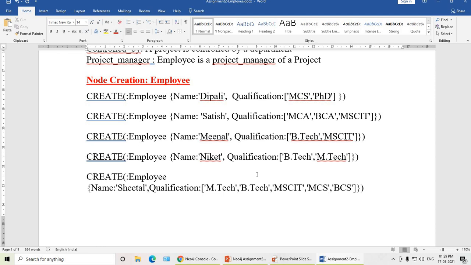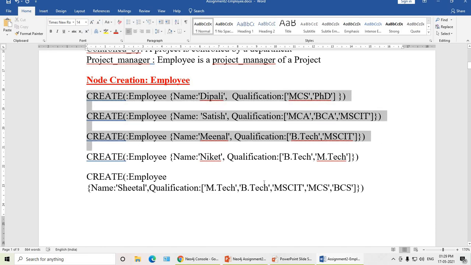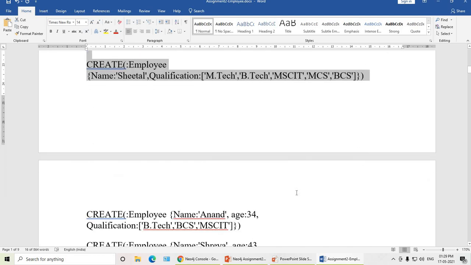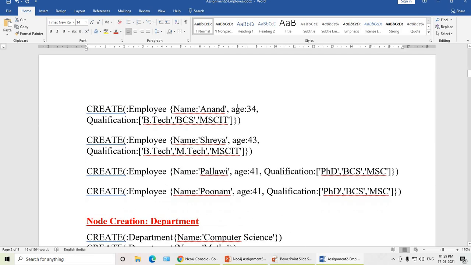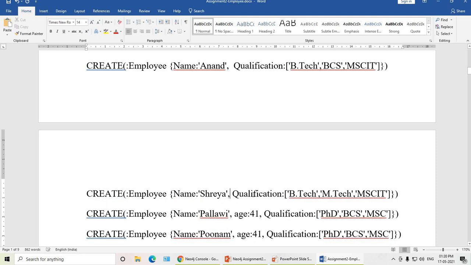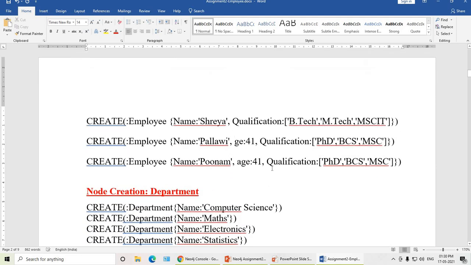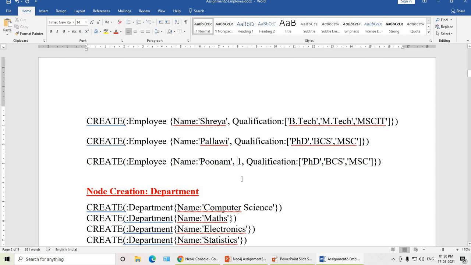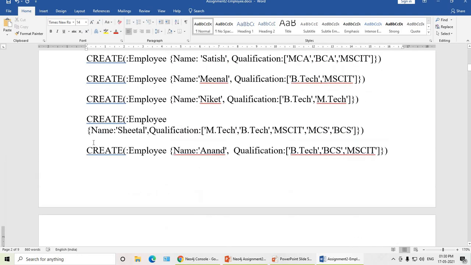So it's better if you don't take age currently. I have taken 9 employee nodes. So this is my request, that while learning simple Cypher query language, don't take age as an attribute. Though if you take age as an attribute, no issue, but it will create the nodes according to the age attribute.